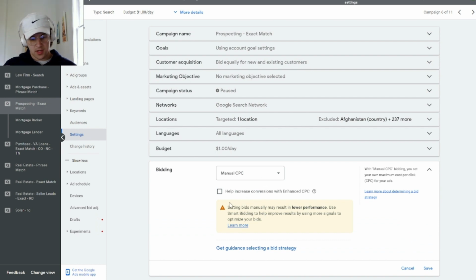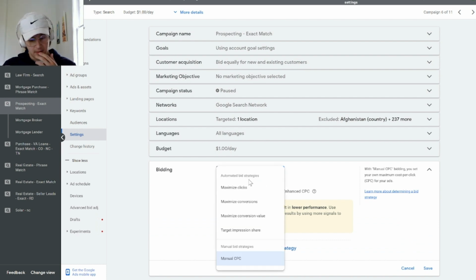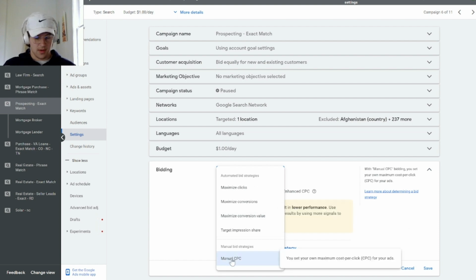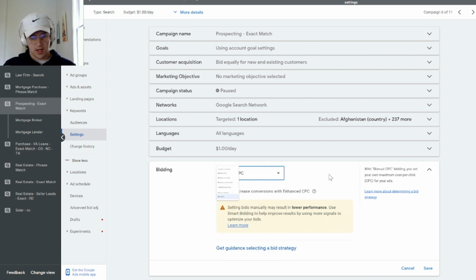And so you're going to see that Google gives you a lot of different options, right? We have maximize clicks, maximize conversions, maximize conversion value, that's going to be like your tROAS, and then target impression share. And then Google really only gives you one manual bidding option now. So on manual